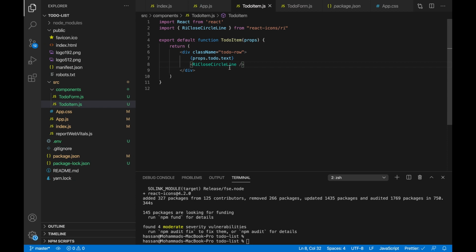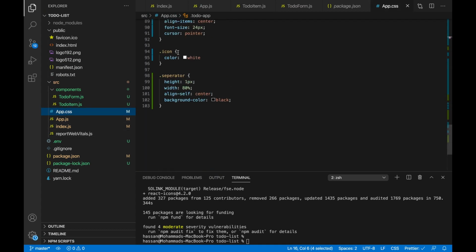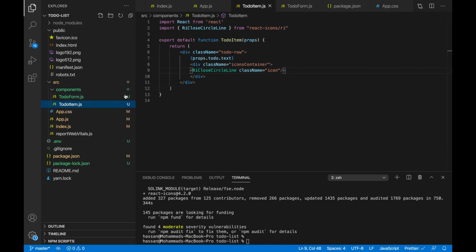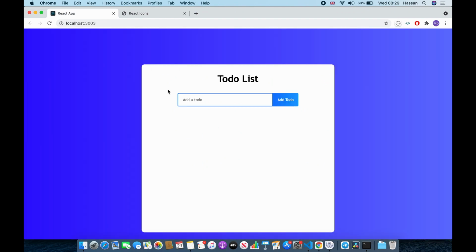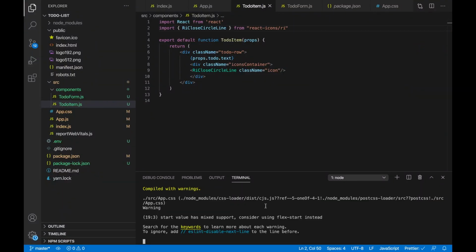Okay. So now that I've done this, I want to wrap this inside a div, because for styling purposes. And this div is going to have a class name which is equal to icons container. And this icon is also going to have a class name which is equal to icon. It just makes it white, I think. That's it. So okay, so now if I save this and go back to the website, cannot resolve. So sometimes when you install a new dependency, just like React icons, you need to restart